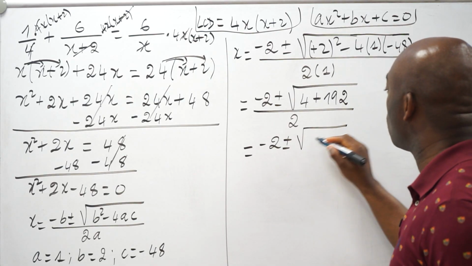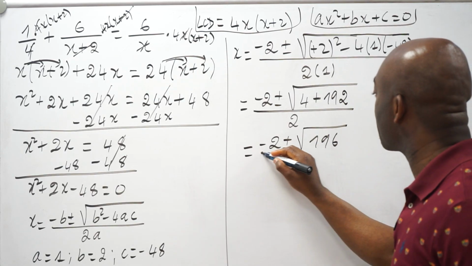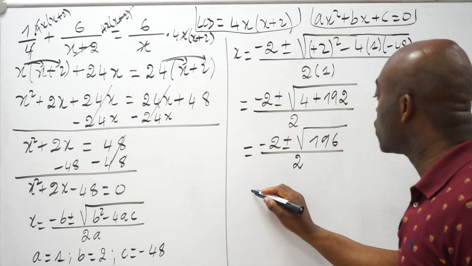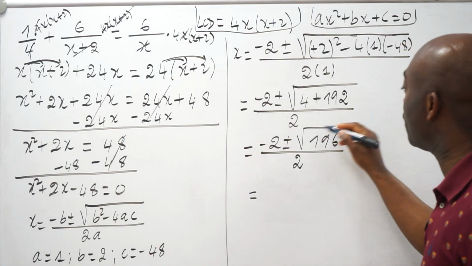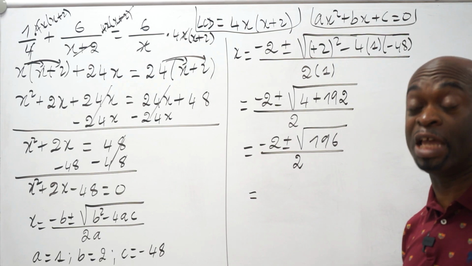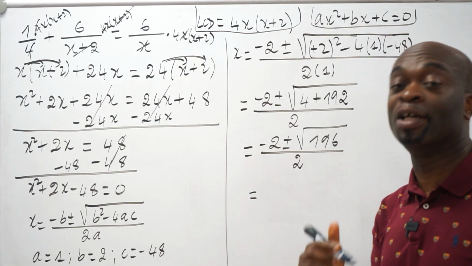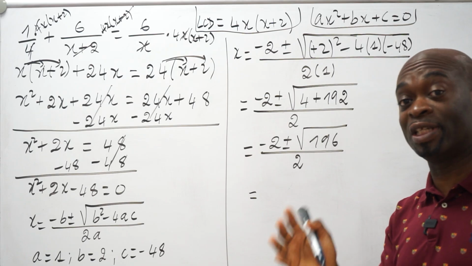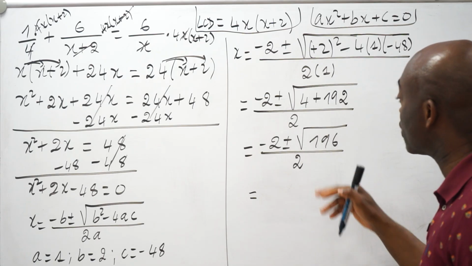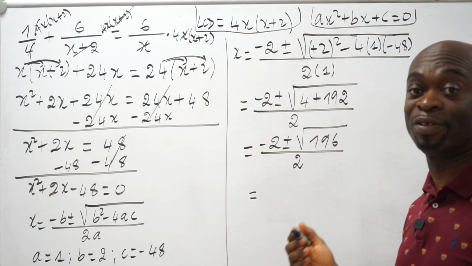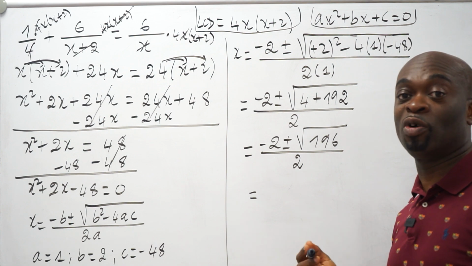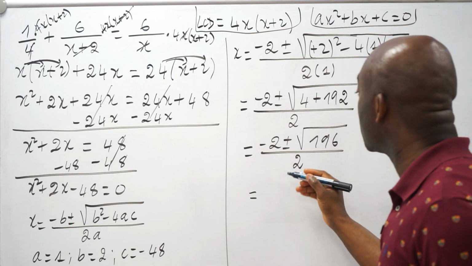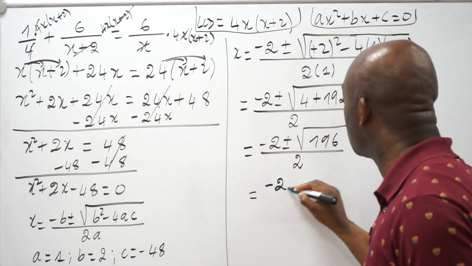All right, so once we have that, we can add this inside: negative 2 plus or minus the square root of what? 196, because we have 196 divided by 2. So what's going to happen here? Then we have to find the square root of 196, if that is a perfect square. If not, you have to be able to break it down into a perfect square times another number, which is not going to be a perfect square. But in this case, we're talking about the square root of 196, which is a perfect square of 14. That means 14 times 14 is 196, right? So we end up with negative 2 plus or minus